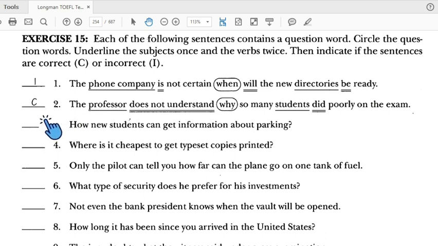Number 2, why is it incorrect? Okay, this one has a connector in the middle, two clauses, subject, verb. It means that we put the subject here and the verb here because it's a statement. Okay, number 3,